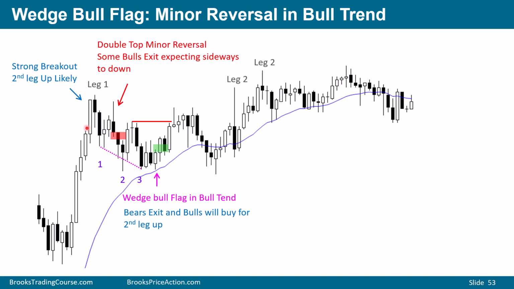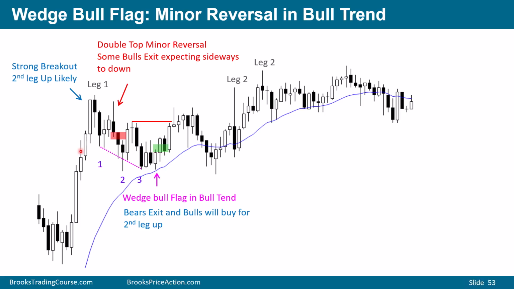On this chart, we gapped up, and a gap up should be thought of as a breakout. So whenever you see a gap up and you see a reversal attempt, usually it's going to go sideways and lead to trend resumption and get a second leg up for the bulls. We had a strong bull breakout, and it was a second leg up. While it was a second leg up for the gap up on the open, it's a strong enough breakout that the odds favor a second leg after this rally. So bulls, they'll buy the close and they'll look to scale in lower, betting on a second leg.